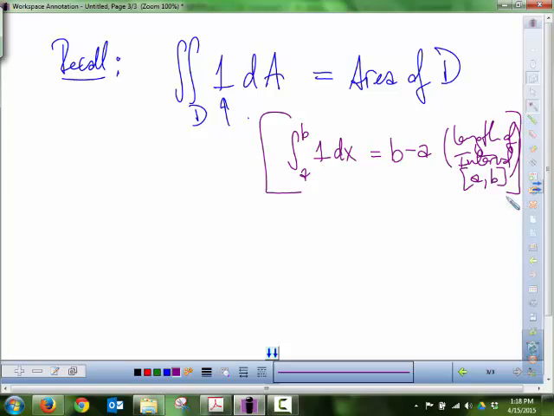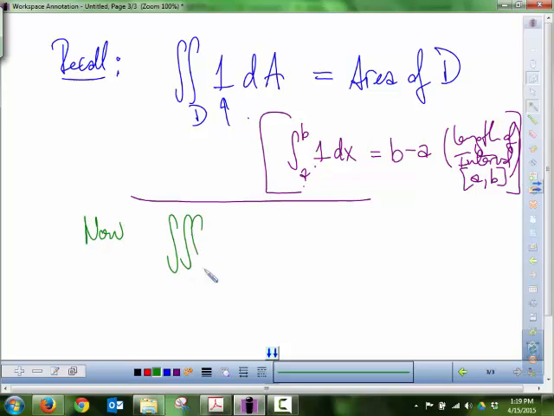So think about that. This is a one-dimensional length measurement, and the integral over that interval, if you have 1 in the integrand, is just going to be the length. For a double integral, this is some region D in a domain in your xy plane, and if your integrand is 1, that's the area of D. So it seems natural to think about